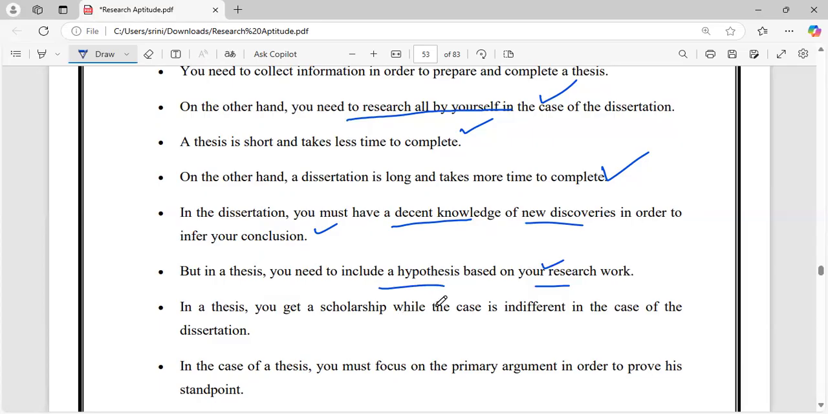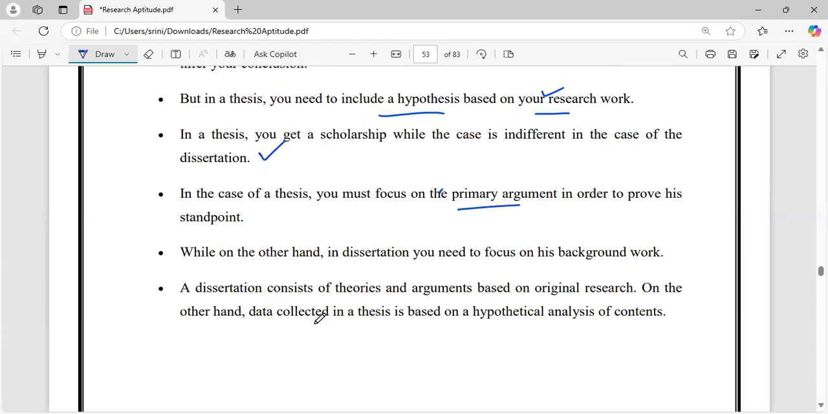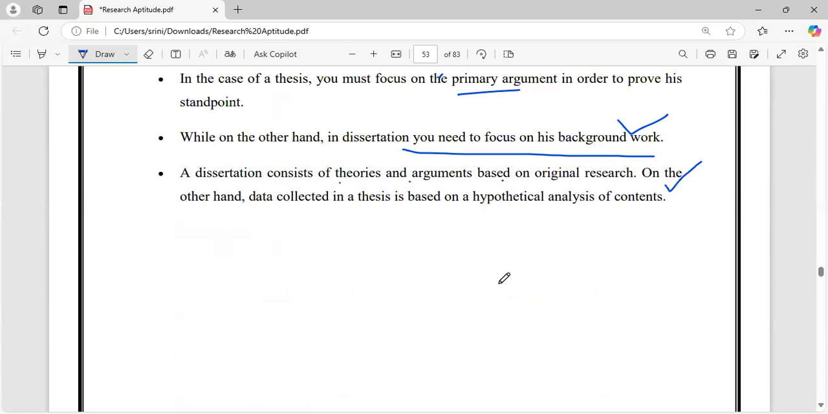In the case of a thesis, you must focus on the primary argument in order to prove it. On the other hand, in a dissertation, you need to focus on background work. A dissertation consists of theories and arguments based on original research. On the other hand, data collected in a thesis is based on theoretical analysis and context. So there is a slight